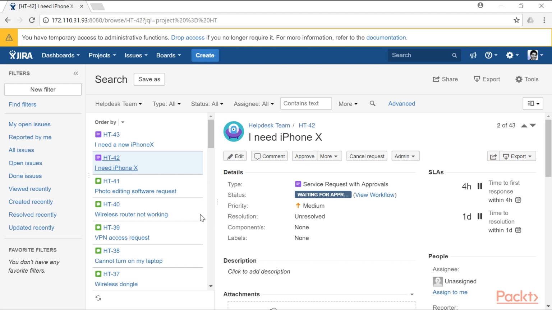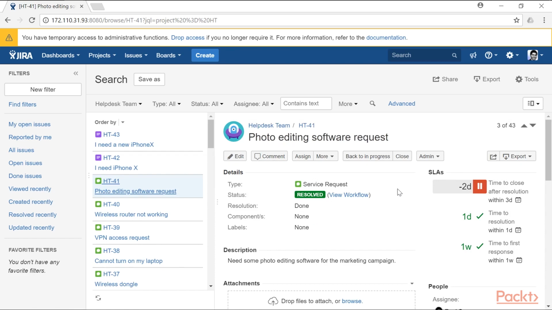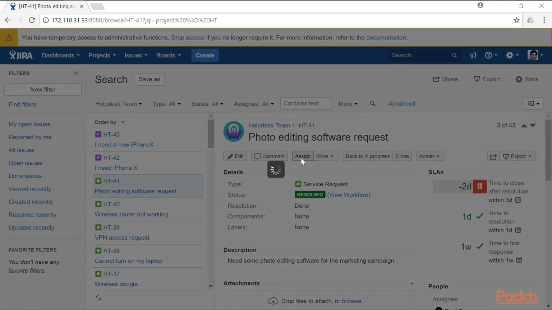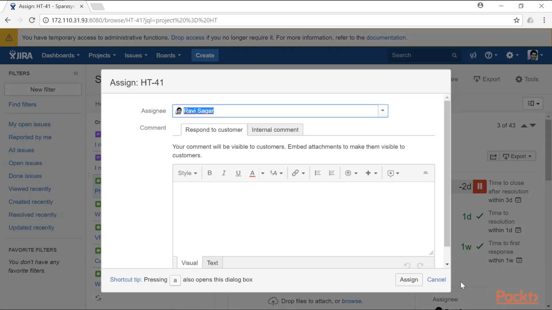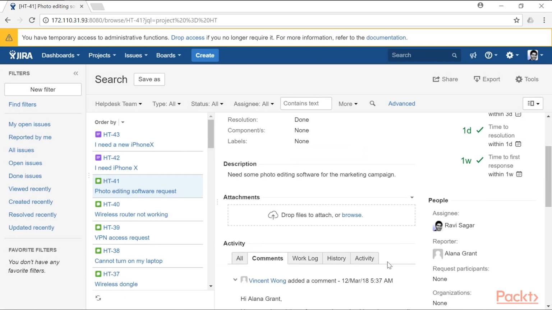Navigator. For example, if there is a new ticket that I have received, like photo editing software request, simply click on it, and on the right hand side you have the option to either edit the issue, comment on the issue, maybe you want to assign it to someone, or maybe you want to create a subtask out of it. So you can actually work on your JIRA tickets if you want from the Issue Navigator. So this is one way to work on the Issue Navigator and find the information by simply using the drop